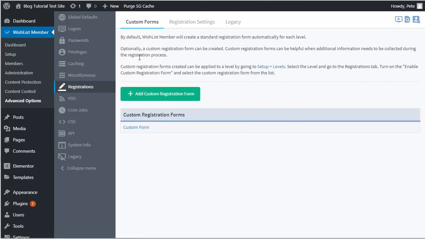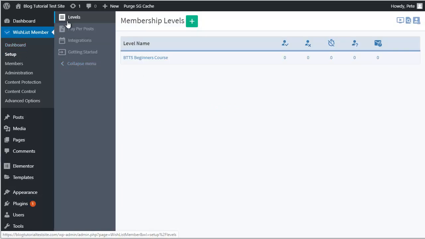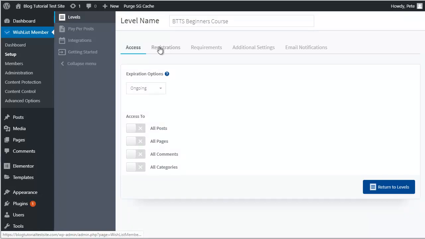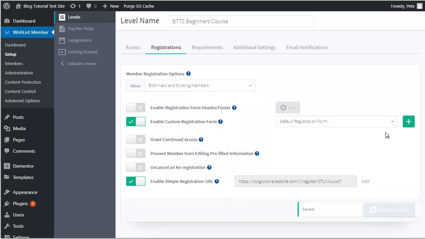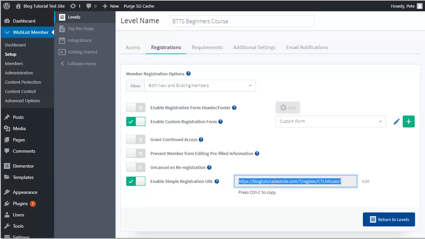So if we go to the actual membership level, click on setup, levels, and click on the actual level that we're doing. If we go to registrations, we can select here to enable a custom form. Then we select our custom form. Now also something that I tend to turn off is this allowing both new and existing members. I'll leave this on for a second just so you can see what that looks like. So if we copy the registration URL,